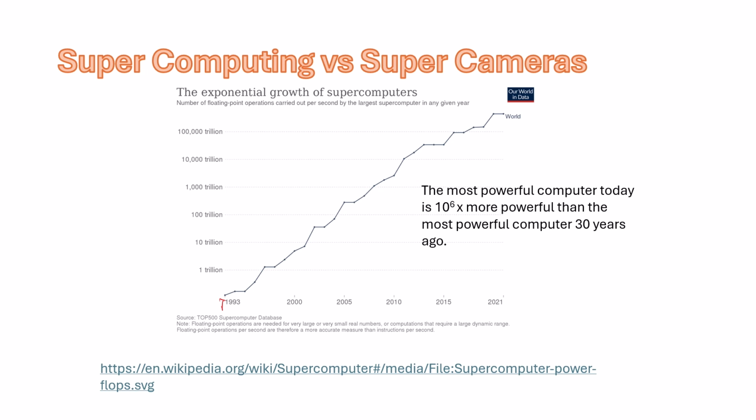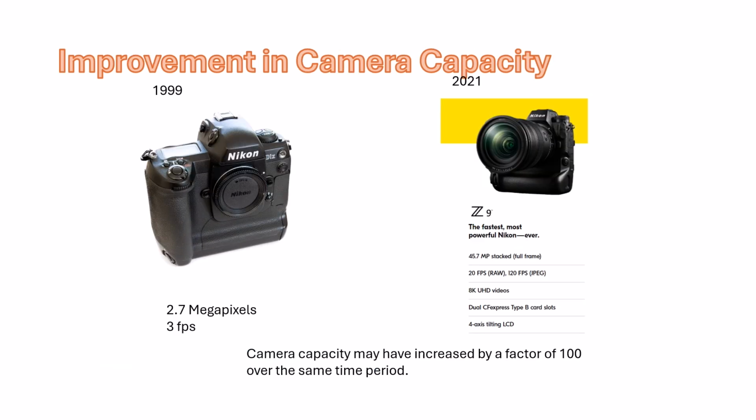That's amazing, but even more amazing is how cameras have not followed this kind of technology. Among all information technologies, cameras are like the least developed. Here we see one of the first digital cameras, the digital back, a Canon D1, which had 2.7 megapixels. Now Canon is selling full-frame cameras with 45 megapixels. That's certainly an improvement, but it's an improvement by a factor of 20, not an improvement by a factor of 1 million like we have with